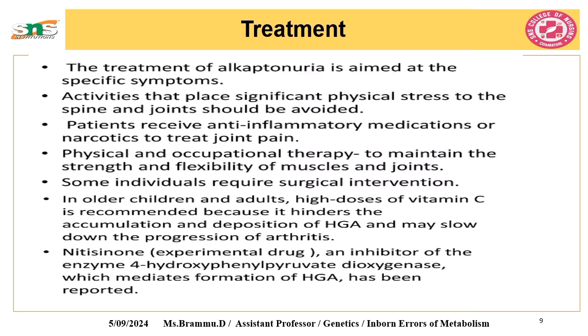The treatment of alkaptonuria is that physical stress to the joints and spine should be avoided, with symptomatic management. Anti-inflammatory medications can be given, or narcotics can be started to treat the joint pain if it is very severe. Physical therapy or occupational therapy is given to strengthen the muscles and the joints and to prevent stiffness. In a severe state, we can plan for surgical intervention, and high doses of vitamin C are given in order to